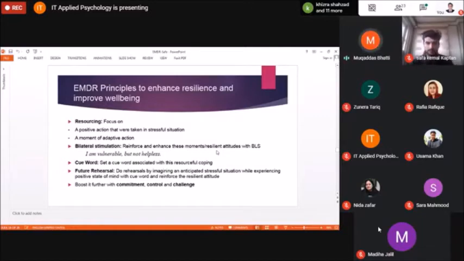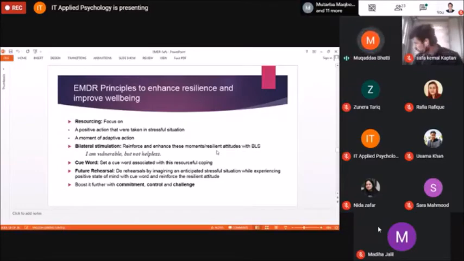The next one is keyword. Find a keyword for this resourceful coping. A keyword can be the name of a person, a thing, a place, or anything that quickly reminds you of the resourceful coping. And then you need to do rehearsals by imagining an anticipated stressful situation while experiencing a positive state of mind with the